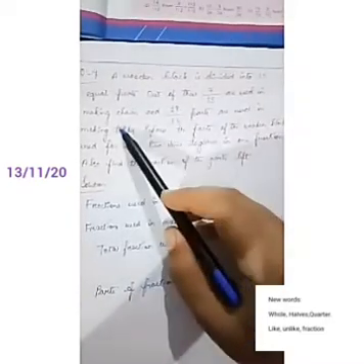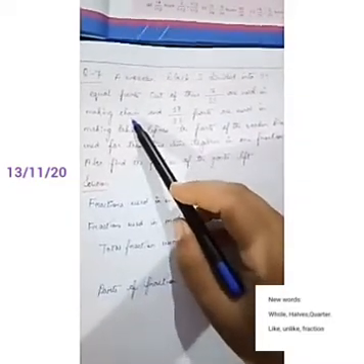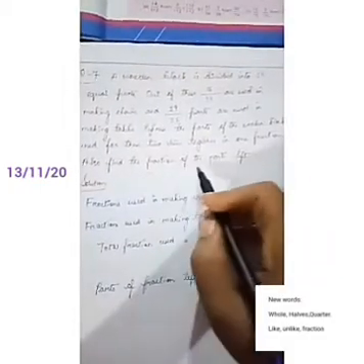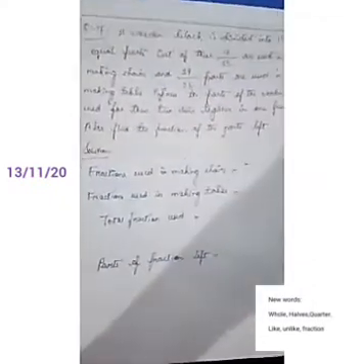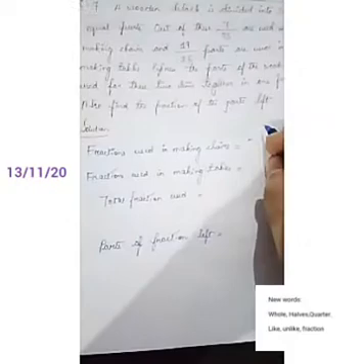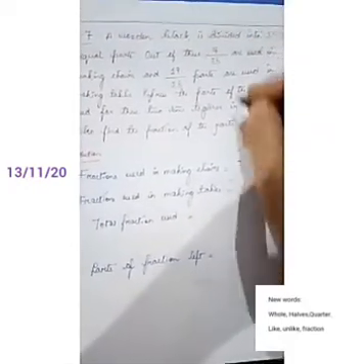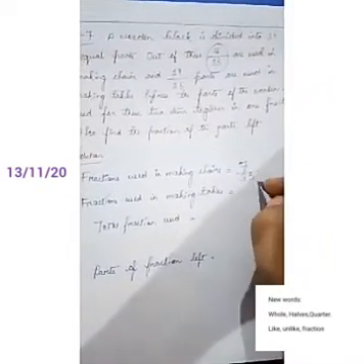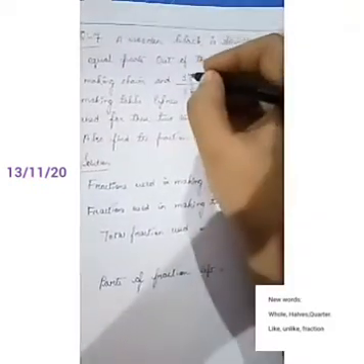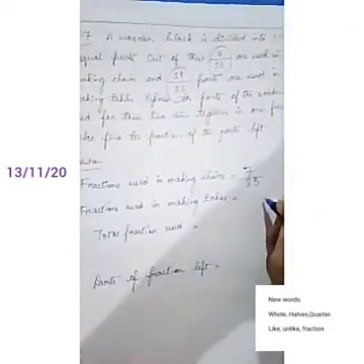Now the first part of the question is that we have to express in a fraction the part used for making the chairs and tables, and also find the fraction of the part left. How much is used and how much is left, we have to express in fractions. Now the statement I have written here is fraction used in making chairs. So 7 by 35 is used in making chairs. So I'll write 7 by 35. Fraction used in making tables. So 19 by 35.